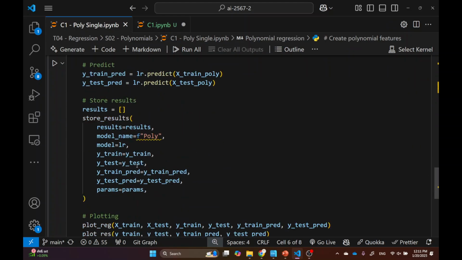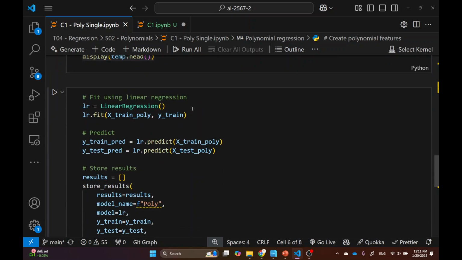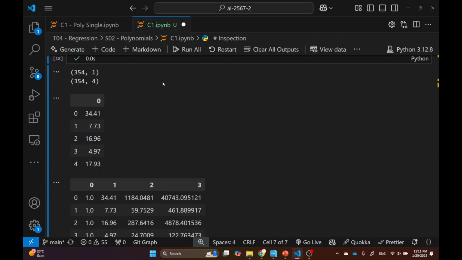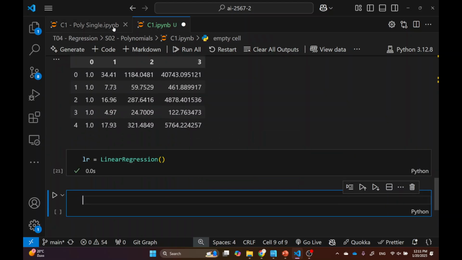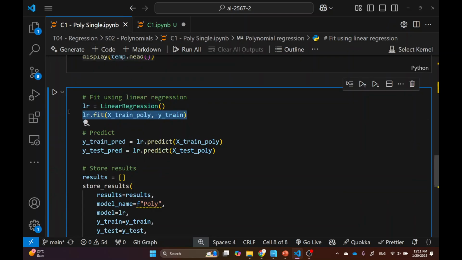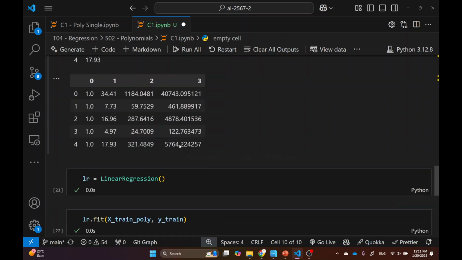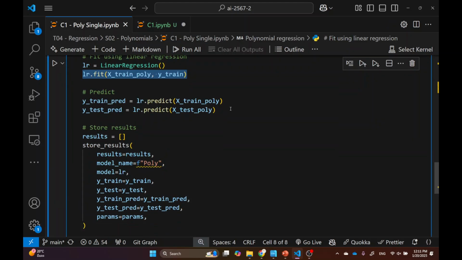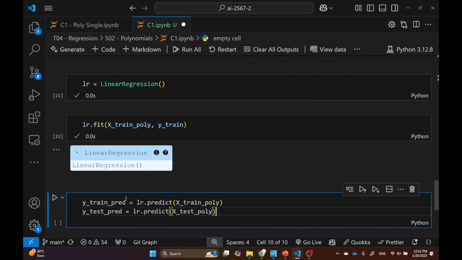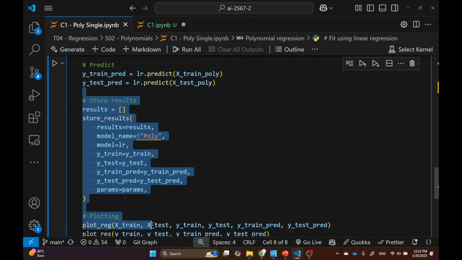So let me just go through them rather quickly. Okay, so first I want to instantiate the linear regression model like that, okay? And then I can do this one, fitting. Okay, and then I can do predictions. And then I can do the testing, everything, right? Let me just show you real quick. Okay,